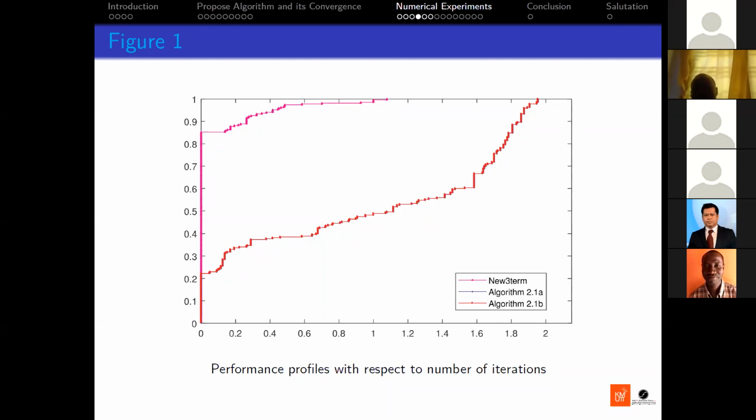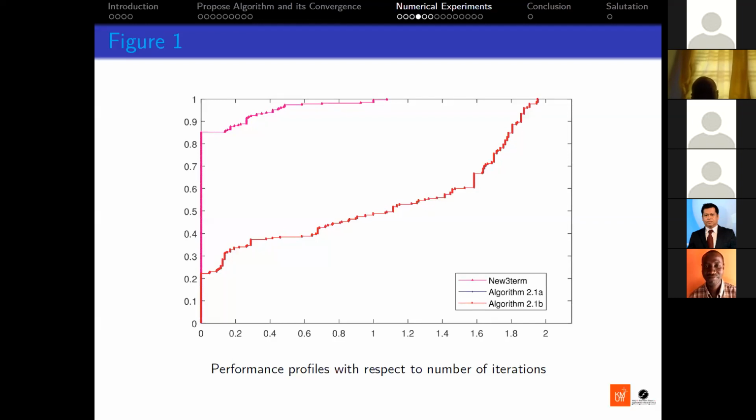Once it leaves the y-axis, then from the point it leaves the y-axis, it means that percentage is the number of percent the solver was successful in terms of the metric considered. In this case, which is the number of iterations. Okay. In this figure, you show about the